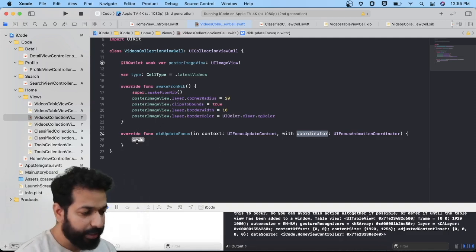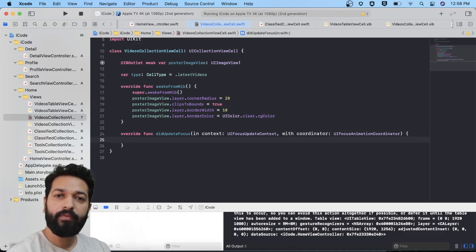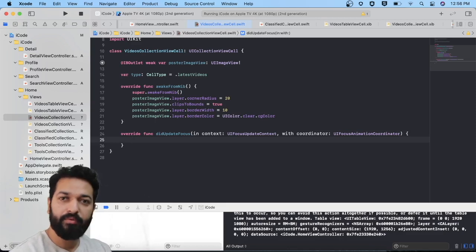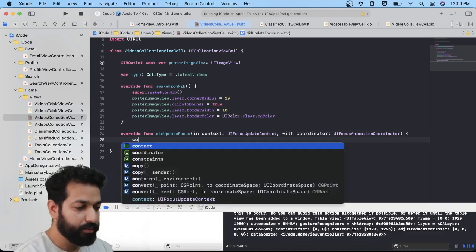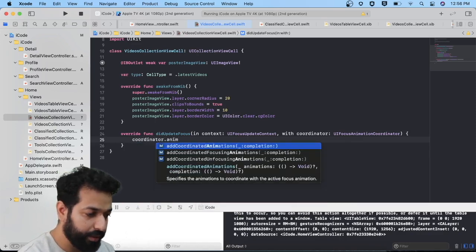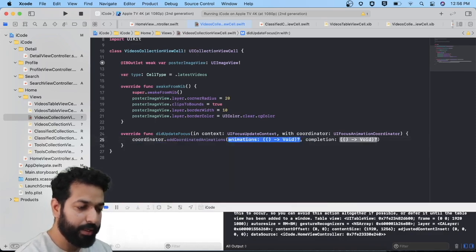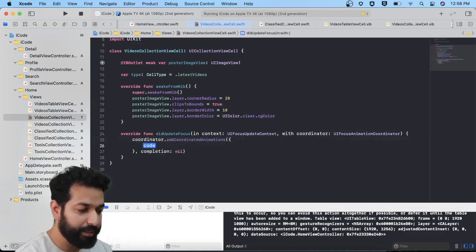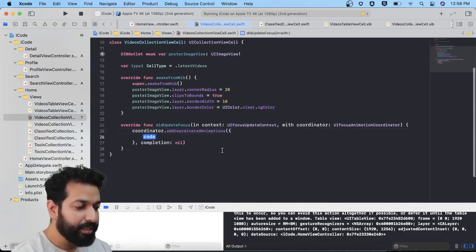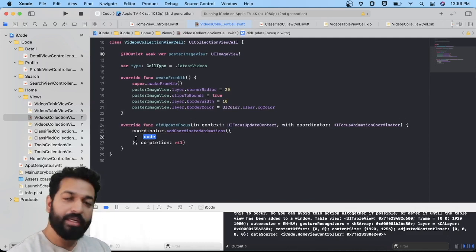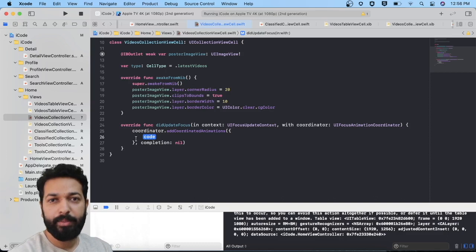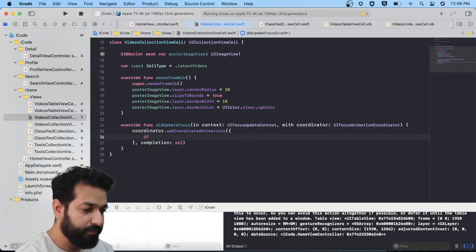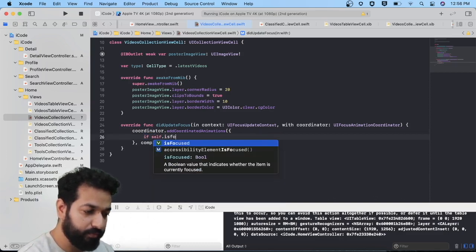So we will be using this method here. We'll use this coordinator for animating our cells to get that zoom in effect. So coordinator.addCoordinatedAnimations, and we don't need any completion block, so I'll just set it as nil. And inside this block, let's put an if condition to identify whether our cell is in focus or the focus has been removed from it. So if self.isFocused,